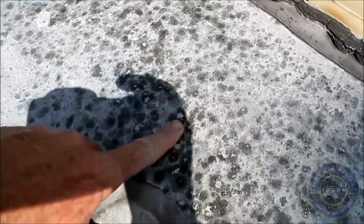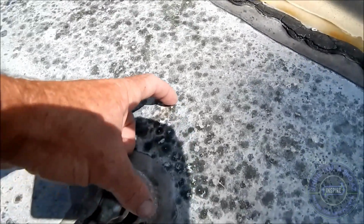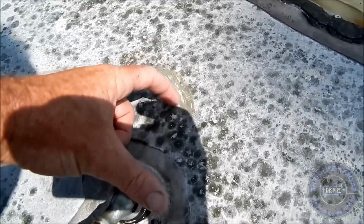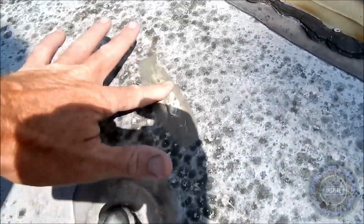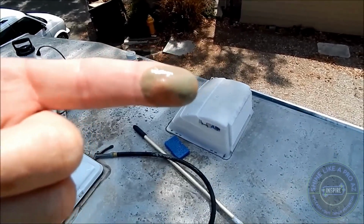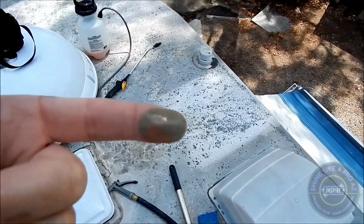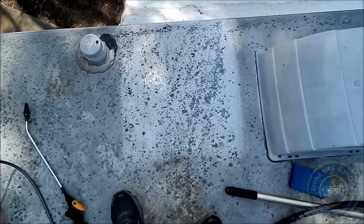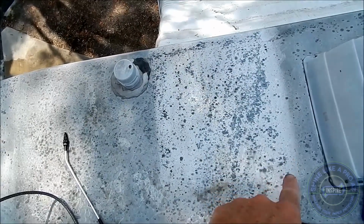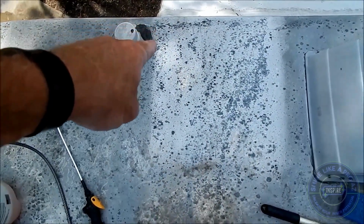And if you look at this, and I'm shooting this in HD, it's literally green. And it's mossy. And it can be cleaned away, but look at my finger, green and gross and manky and nasty. So the point is I've cleaned this section. I think you can clearly see my outline, a very definitive line where I used